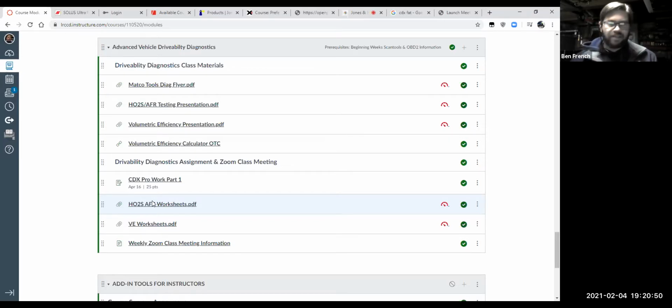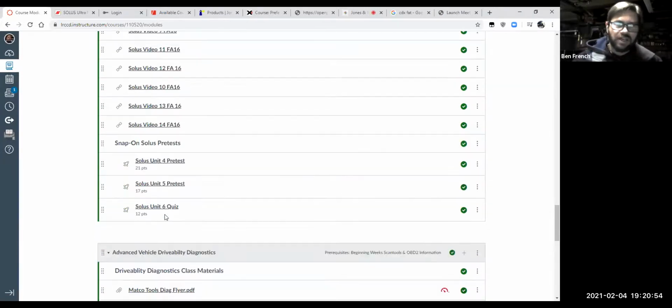Let me know, send me an email if you want to check out an interface from the school. You don't have to use this particular one. There are several different ones that conform to the ELM 327 protocols. The reason I picked that one was because it had good app coverage and support with free apps and different things. Now, if you have your own scan tool, maybe an OTC scan tool, maybe